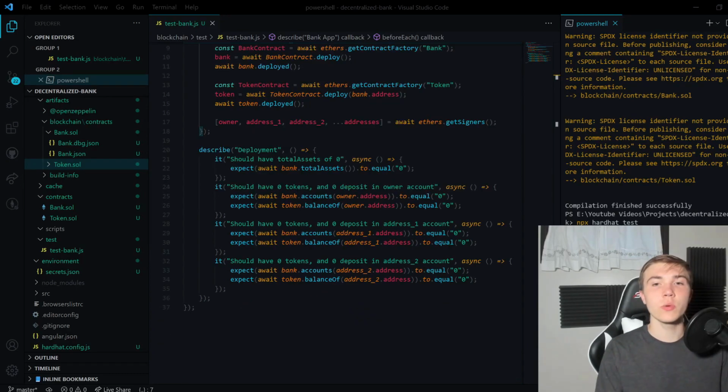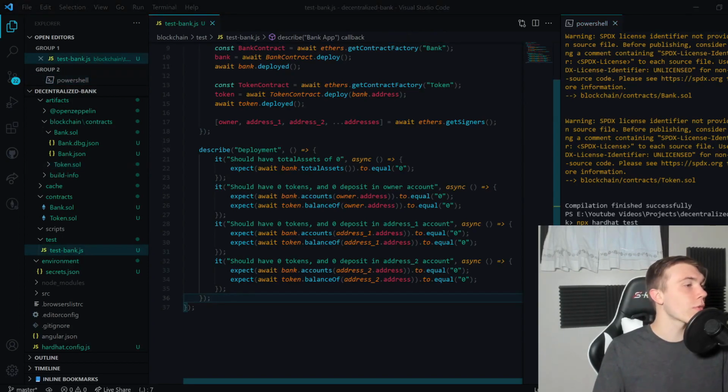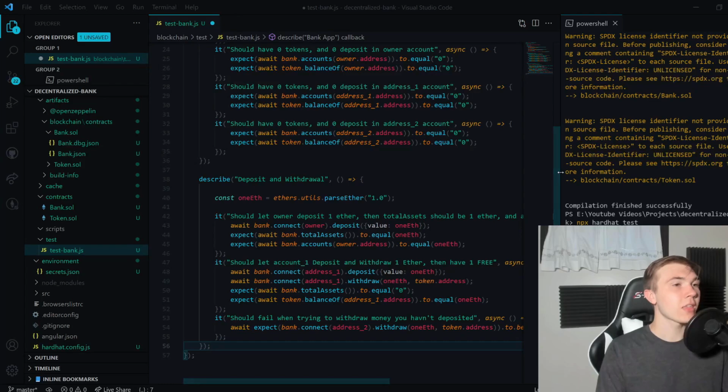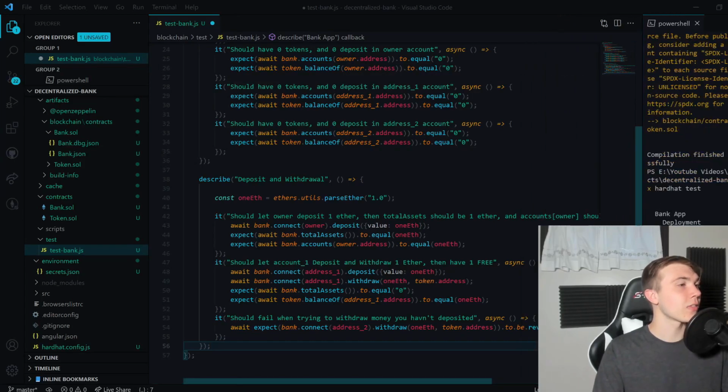Now, the next thing we're going to do is another describe, and this is going to be a massive block I copy and paste, guys, but don't get too overwhelmed. One second. We're just going to walk through it. So we're going to next test the deposit and withdrawal. So we're going to set this const here, 1 ETH equals